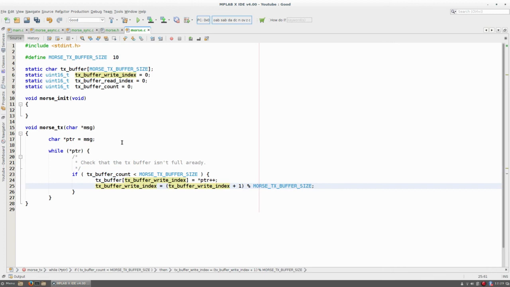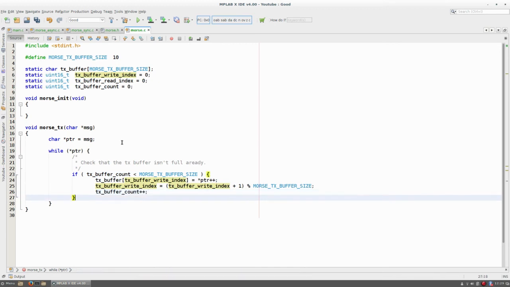So I suppose that's more readable, and people would use that as an alternative to the kind of long-winded version of doing it. We obviously have to then increment the count every time we add a character into that circular buffer,